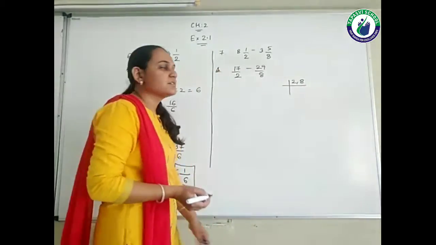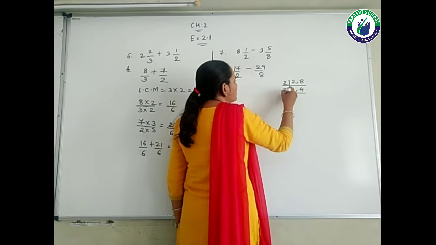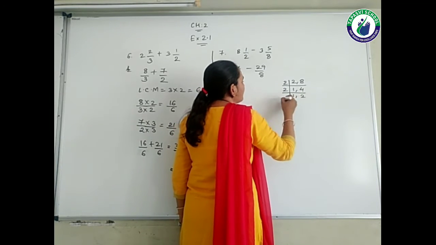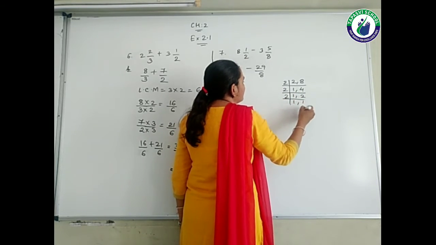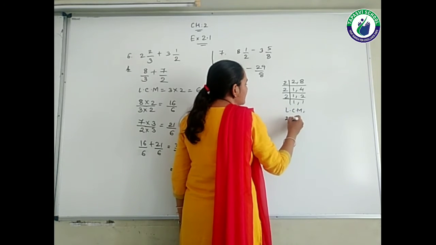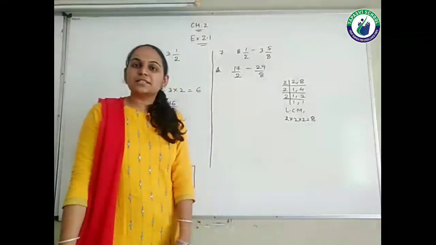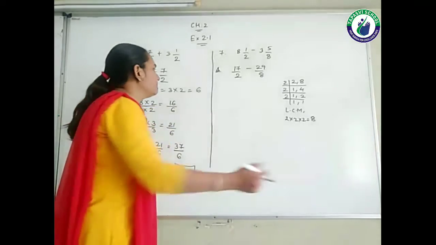2 and 8, so 2 ones are 2, 2 fours are 8, 2 ones are 2, 2 twos are 4. So the LCM is 2 into 2 into 2, which is equal to 8. Is it clear, students? Now let's see the part